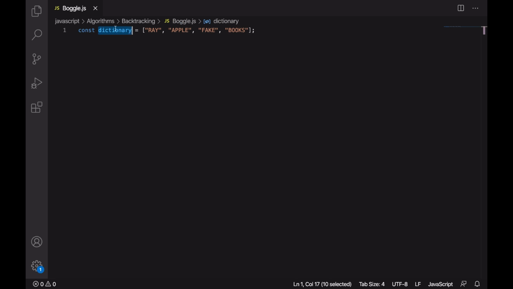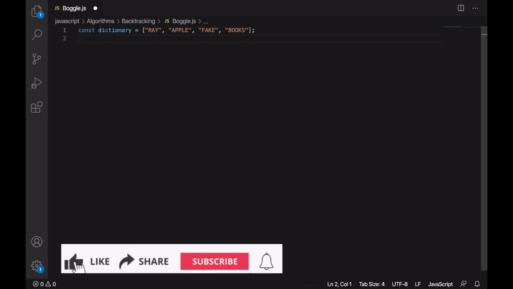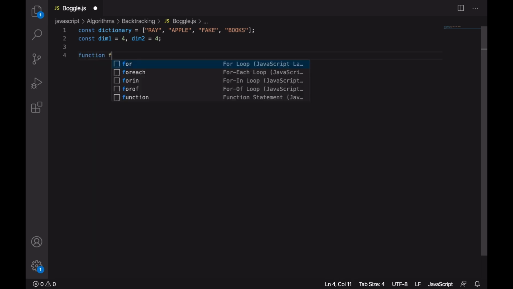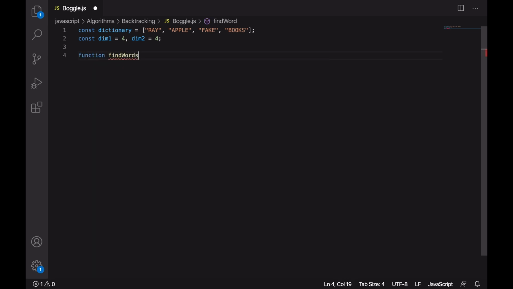So here we have a dictionary having a few words that we will be searching in the Boggle, and the size of this Boggle will be dimension 1 cross dimension 2. So it will be a 4 cross 4 matrix. Now let's create the function findWords and pass the Boggle matrix in this function, and the visited matrix that we will be using to keep track of all the visited words, and i, j, and word. i and j are the coordinates of the character in the Boggle from where we are going to start forming